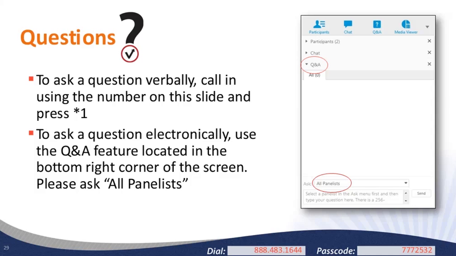Let's jump to the phone quickly just to see if anything is over the phone. Operator, do you have any questions over the phone? We do have one question. One moment. Wonderful, thanks. Thank you. And we do have a question or comment coming from Ruth. Your line is open. Please go ahead.